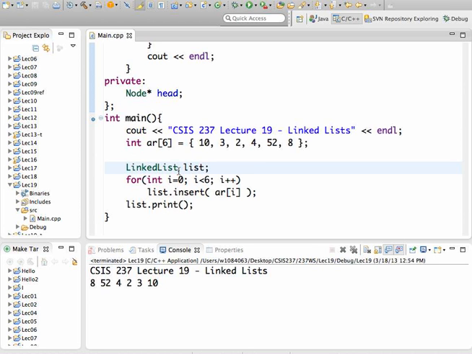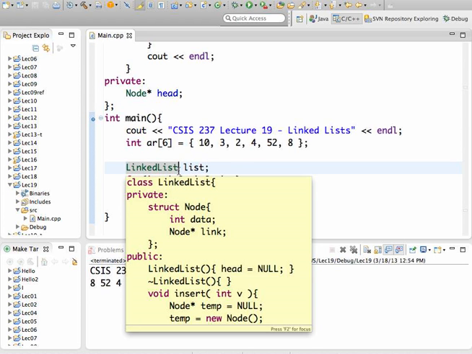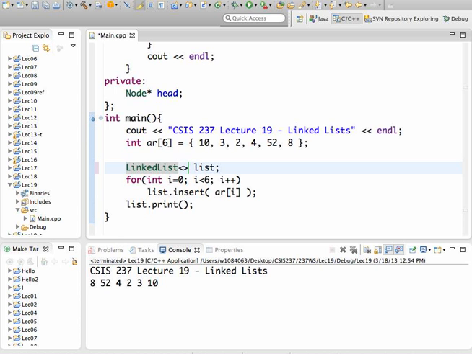Well, first step would be to convert this to a template, and in Java we call that genericizing your class, but in C++ we call that templatizing. So same kind of idea. So once we can do this, then we can set up a double array and add all those double precision numbers into a linked list of double